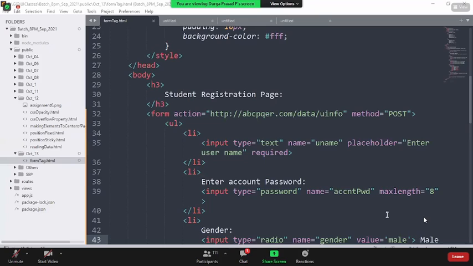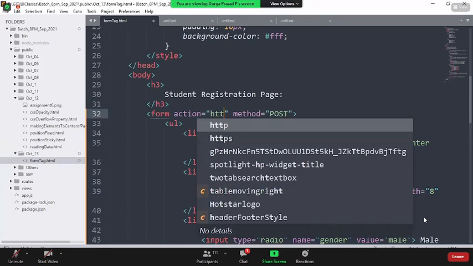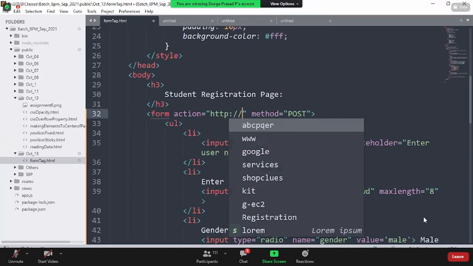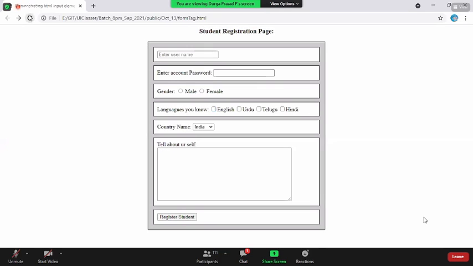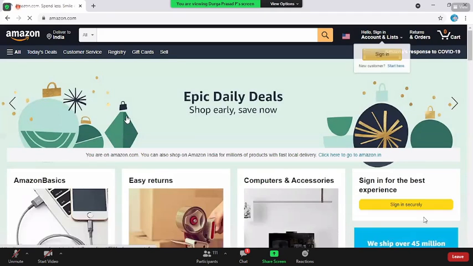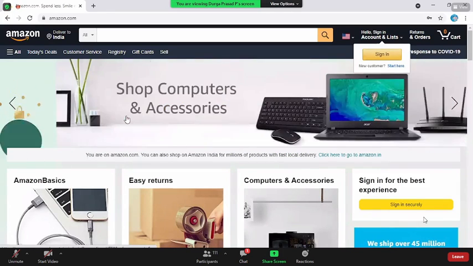So if we give the Amazon URL, will they receive our data? Okay, we can give it, right? We can give it, but it is not mandated that they have to read it. Say, for example, Amazon.com. I give the service. Now, when I'm loading the page and clicking on read student, do you see it is going to Amazon.com? Yes, but they are not reading the data. They have their own way of checking. They say, okay, this data we are not reading, and they simply ignore it.